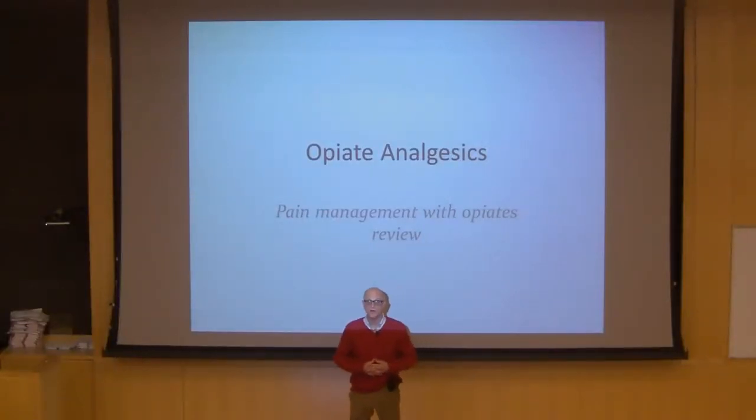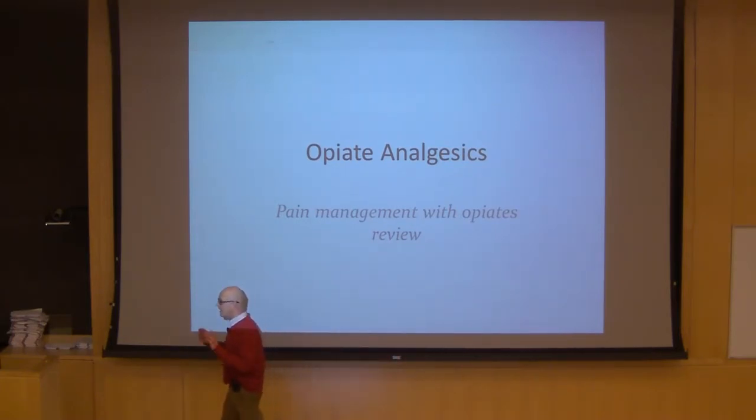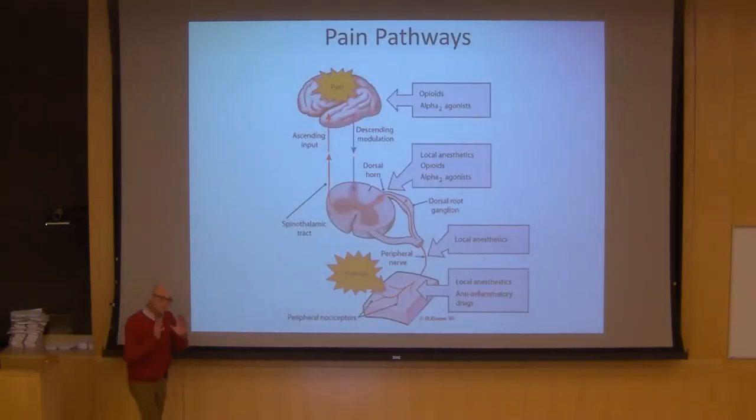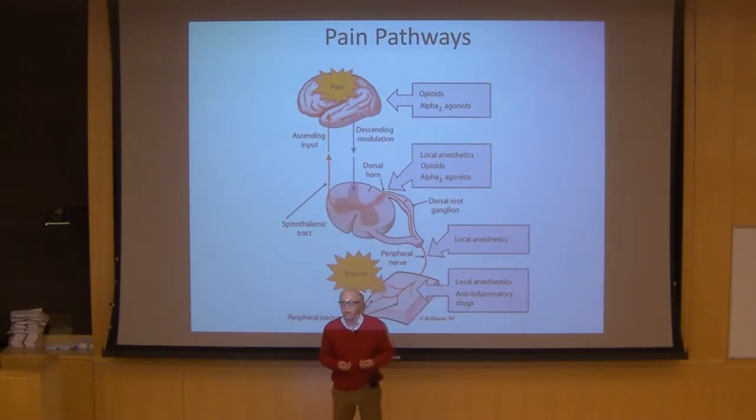Today we are going to review the opiates, which by many standards are called narcotics, but opiates are basically drugs that are derived from morphine. And I'd like to give you the critical features of their action, as well as the toxic action of the opiates. So first we have to talk about pain, because opiates are used for pain.